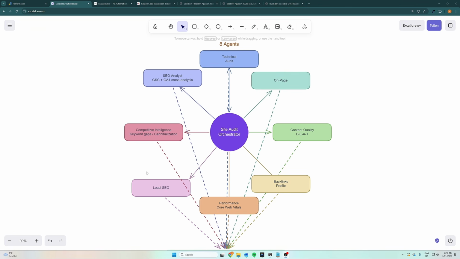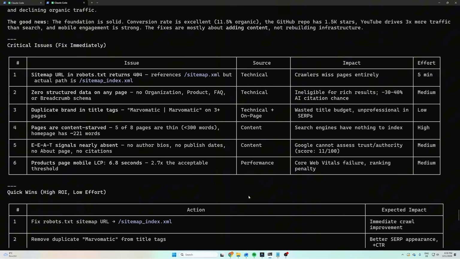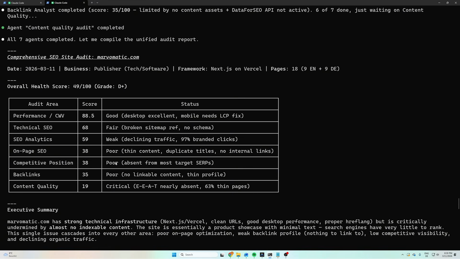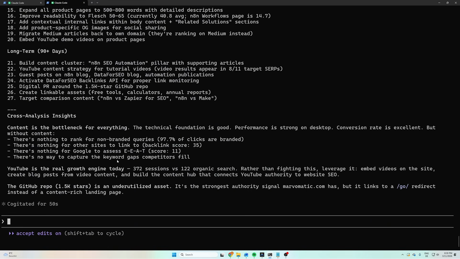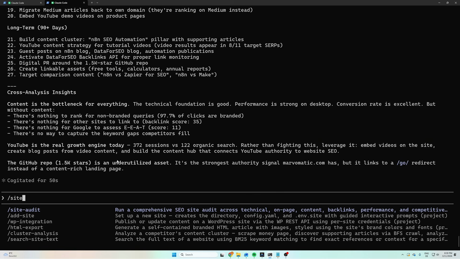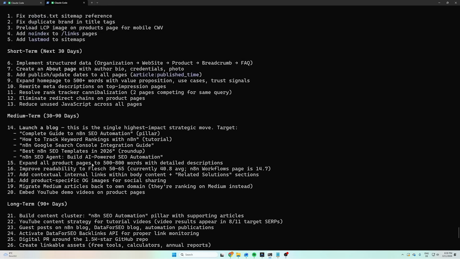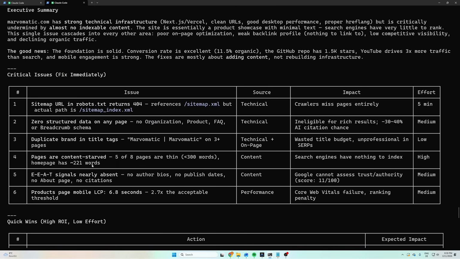I took care in the background of executing the command for my own website, and the only thing I had to do was to execute the command site audit followed by the domain. I do get a complete analysis, which starts first of all with critical issues that I should fix immediately,